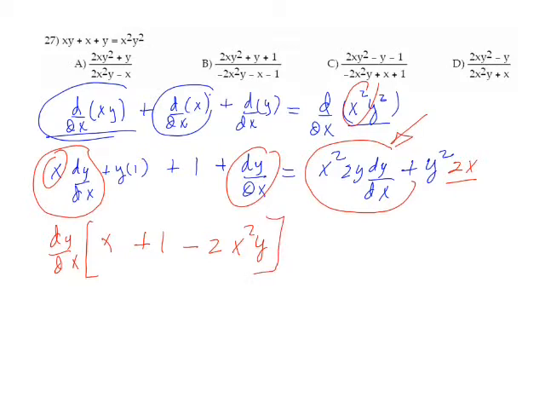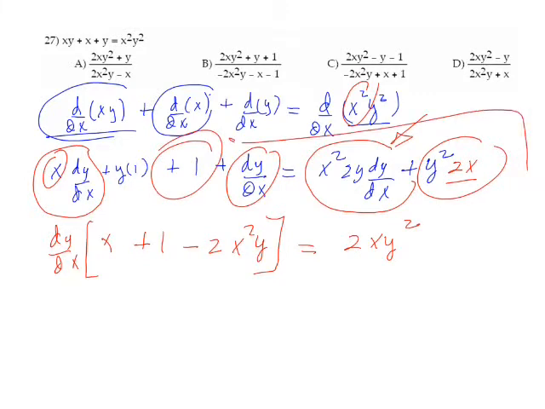And what I've got left is 2xy squared, and this goes over here to give me a minus 1, and this gives me a minus y, and